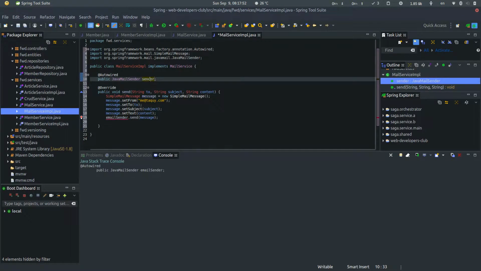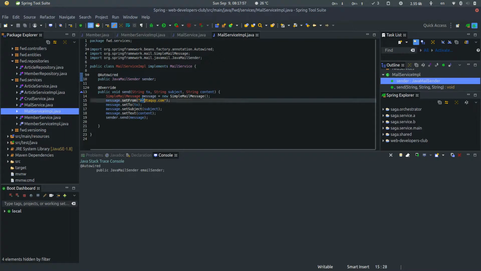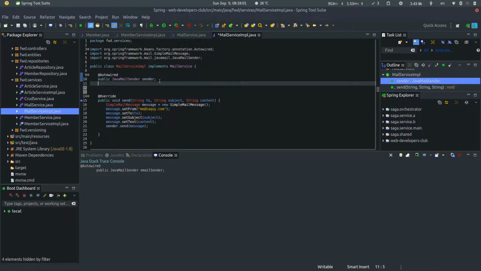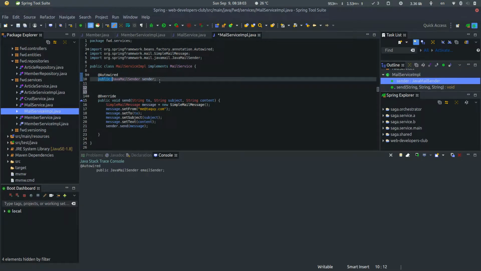Just a quick reference. So I have a private variable. I hope there are no bugs in here. Anyways,